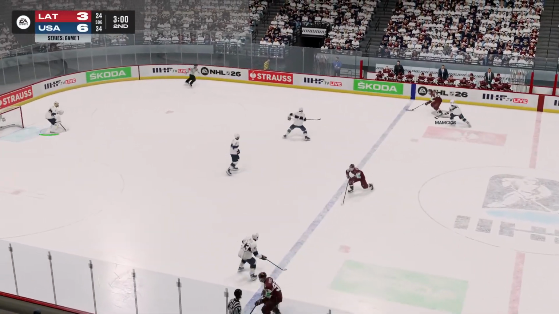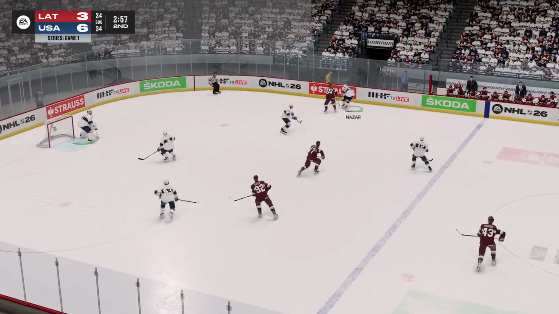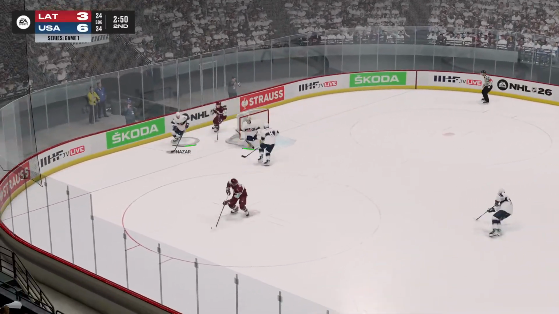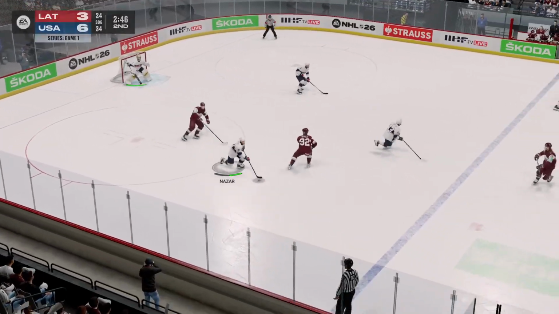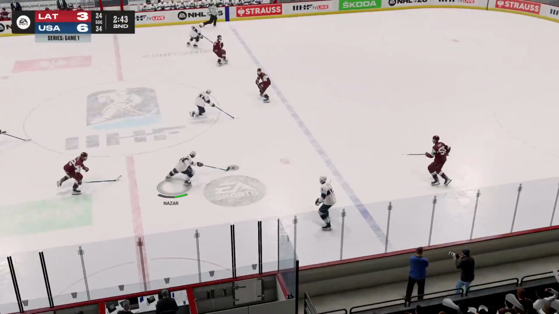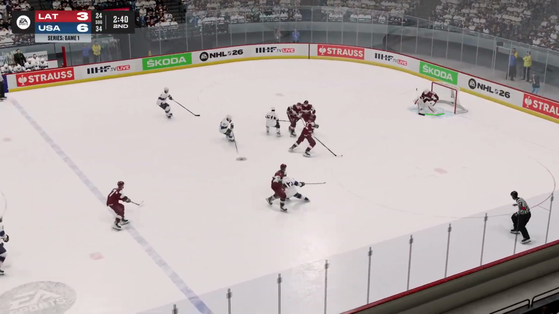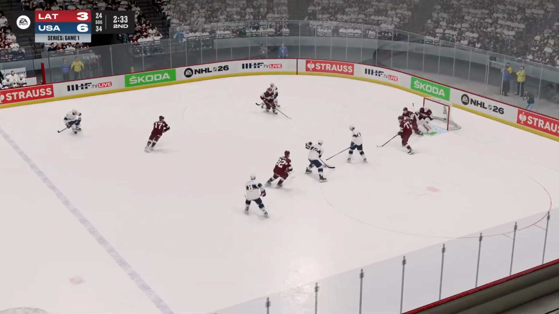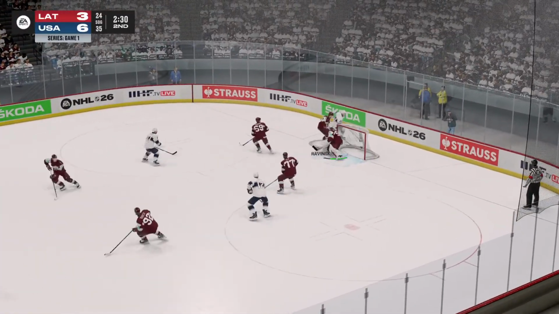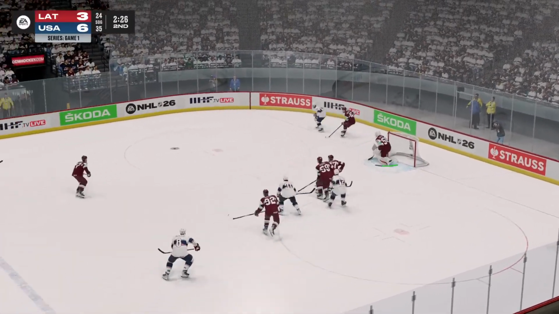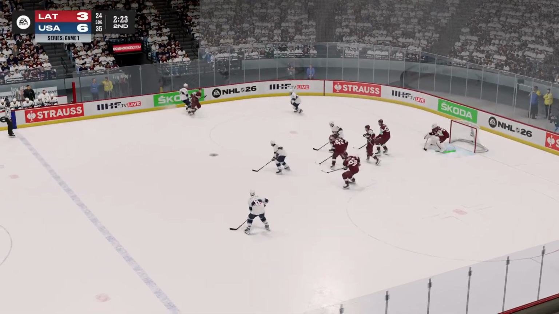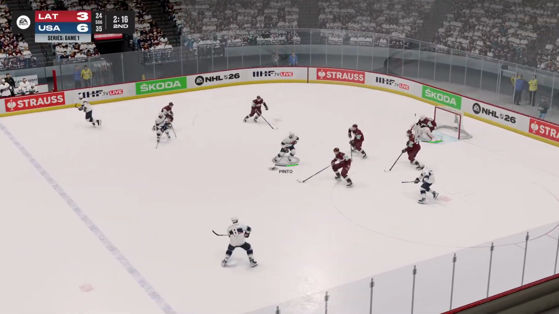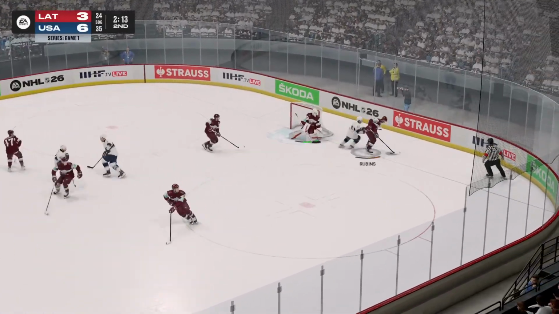Latvia through center. Sends it off the boards. Nazar there for the United States. Under 3 minutes to go here in the period. 6-3 United States, outshooting Latvia 34-24, by 10 shots on goal. Good cutoff by Latvia on their way through. Nazar keeps it alive. Centering pass. Smith in on the doorstep. Still loose. Smith gets it back out. Kesselring on the point. Now Nazar top of the slot. Back to Kesselring. Pinto now dangles and off a body in front.